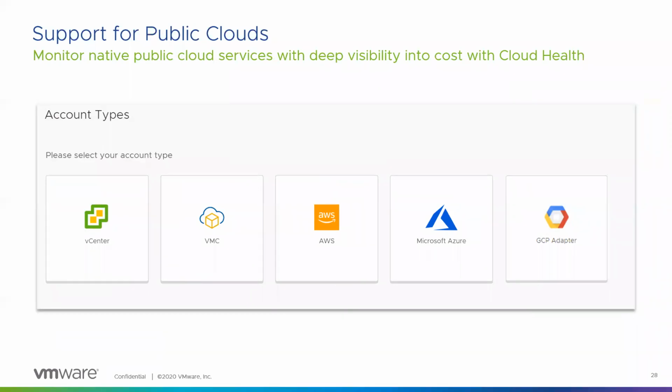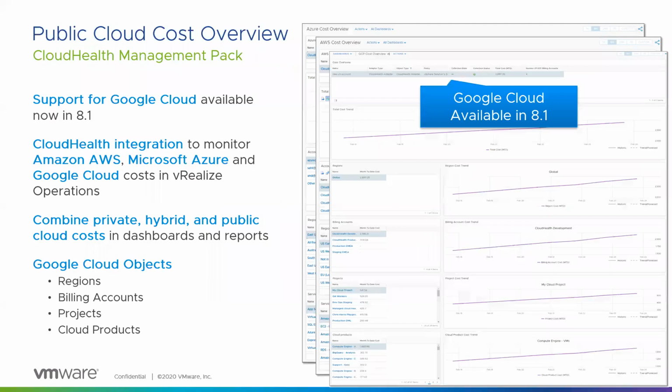Moving on to the public clouds with our multi-cloud strategy, you have now GCP as well. And all of these cloud account types that you can see, they all are converged from the costing perspective using CloudHealth. And you can have all of that public cloud cost overview in the same manner for all these three clouds. And you can then take the decisions where you want to run your